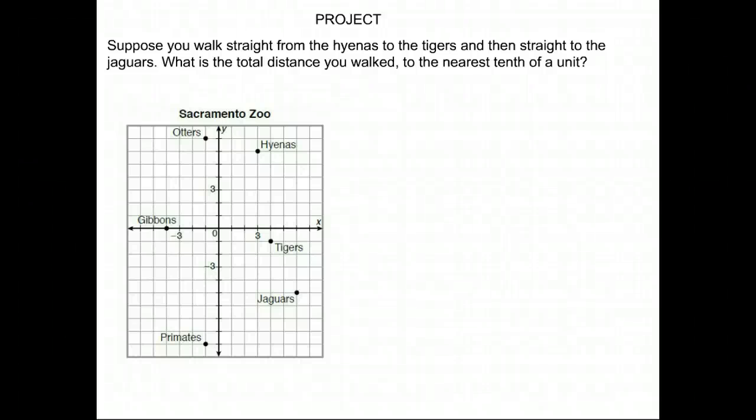Okay, so here's how we would do this question if we were using the Pythagorean theorem instead of the distance formula. We're still going from hyenas to tigers. So we're finding this distance right here from the hyenas to the tigers. Now, if you're using the Pythagorean theorem, what you want to do is use that distance and make it into a right triangle. So we take the distance and we go, okay, if we went over and down, what would that look like? Okay, so notice now we have a right triangle, and we can pretty easily figure out the